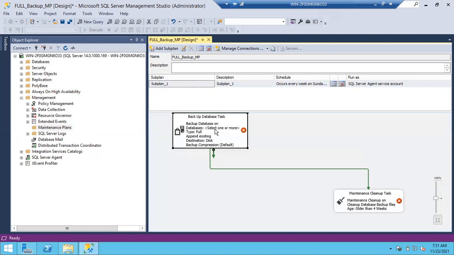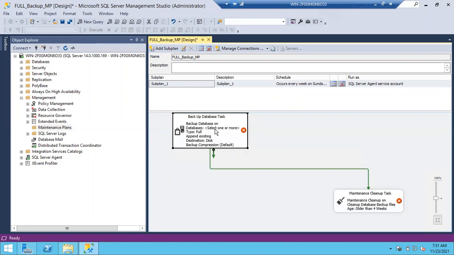Every time it runs, it will generate a 600 GB backup. My drive size is 2 terabytes. How many full backups can I keep in that drive at a time? Three full backups, sir. Hardly three full backups I can keep, because the fourth backup, 1800 GB will be full, and it will fail with a disk space issue. So in case I want to run a fourth full backup, I cannot run. It will fail.